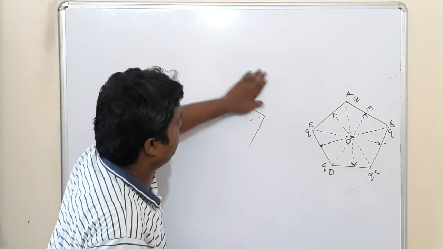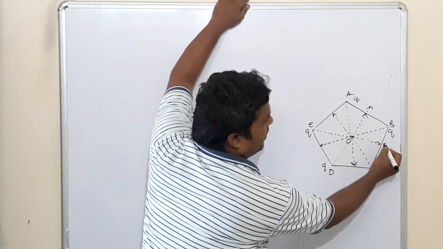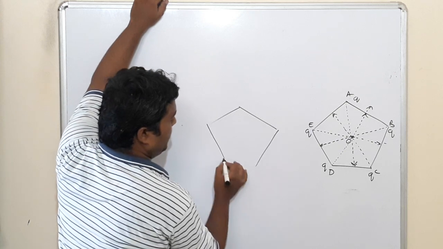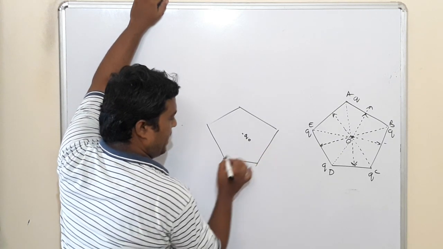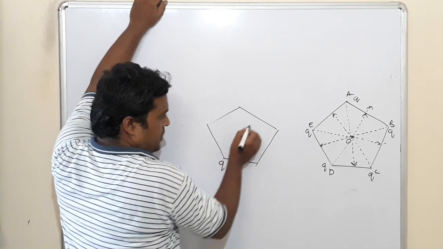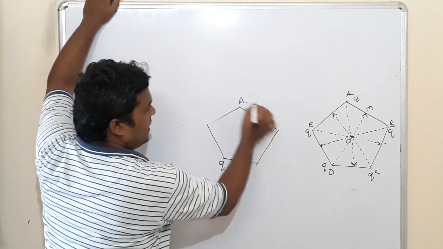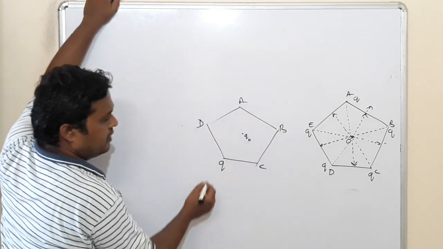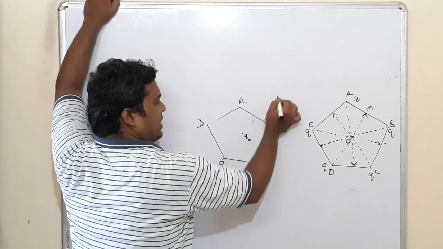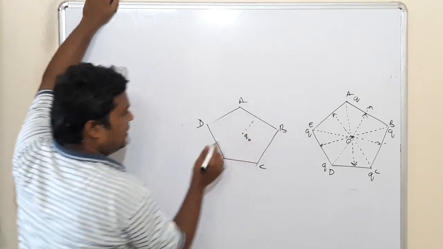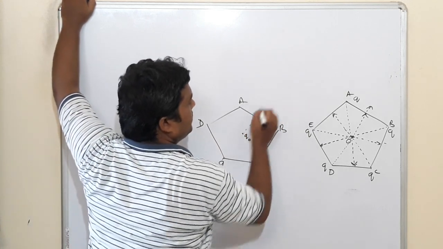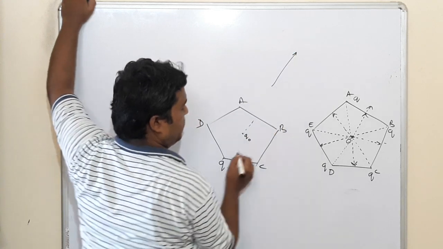See, this force again, what is the angle between these two forces? Let us suppose a test charge Q0 is placed here. This charge will exert force in this direction. See, this is A, B, C, D. This charge will exert the force in this direction. This is the direction. I will write this here. This will exert the force in this direction. Same way, this direction. This is the force exerted by this charge.